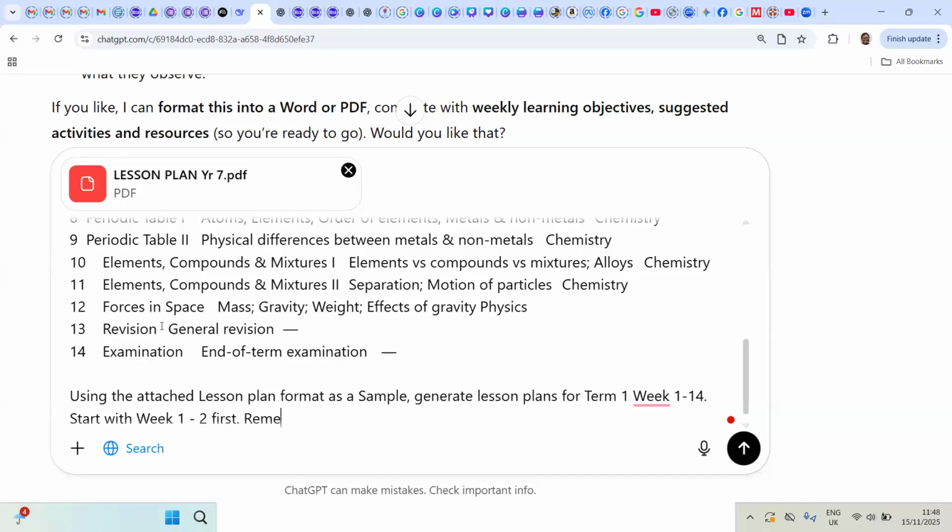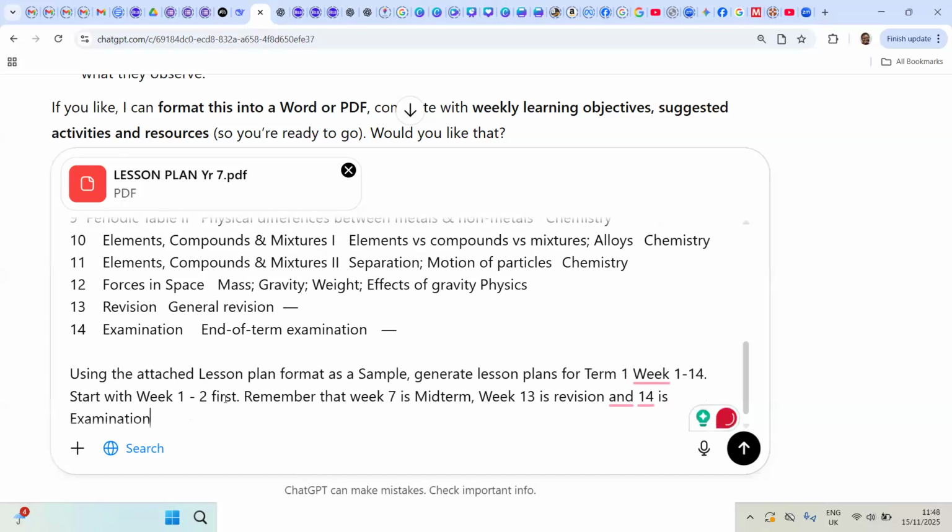remember that week 7 is midterm, week 13 is, if you don't put that one there, it may make a mistake, I think it's revision, and 14 is examination. So